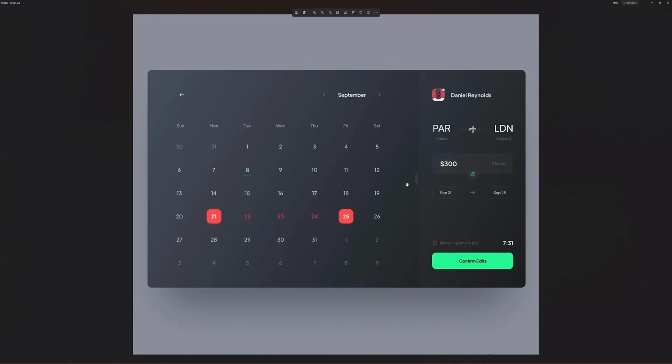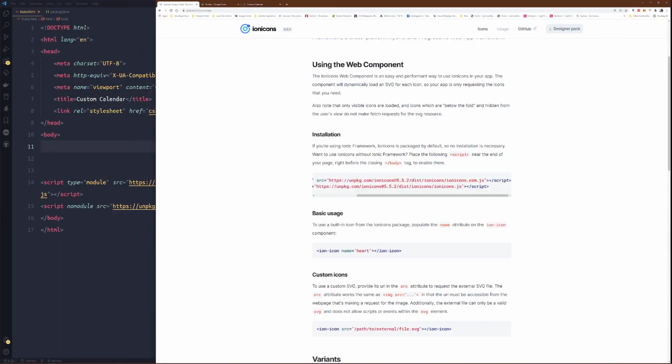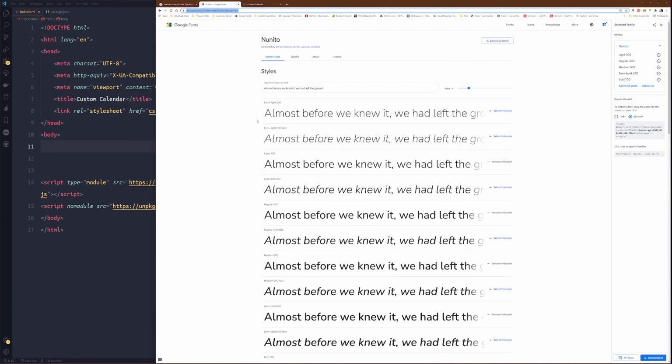Then for the fonts we need, since this design I'm not grabbing from any Figma, I just see them on the internet. When I browse through Pinterest, I just see them. So I get to figure out which fonts I'm likely going to use. So the one I go with, if you come to your Google